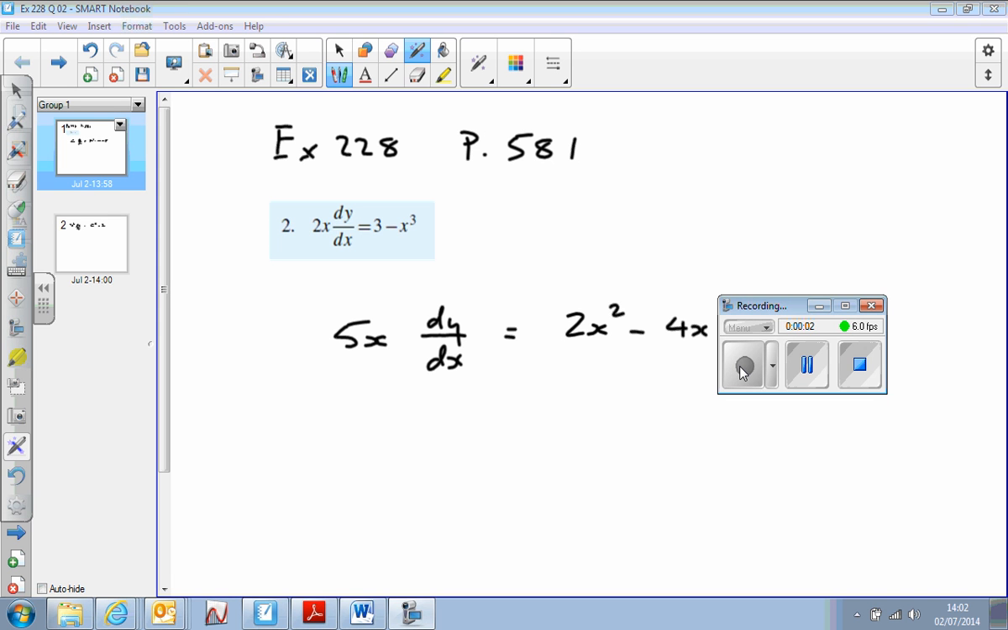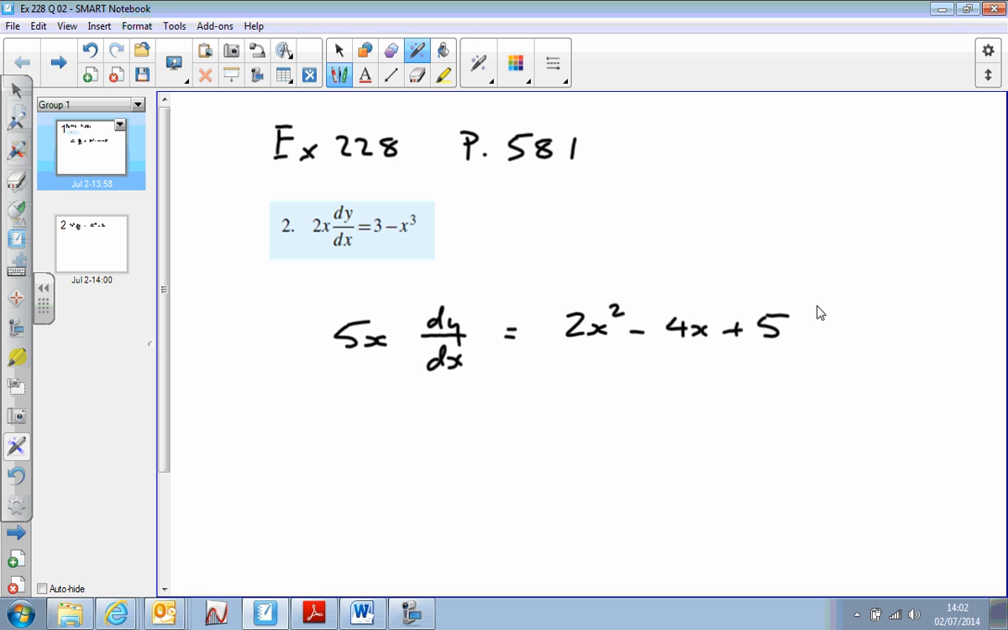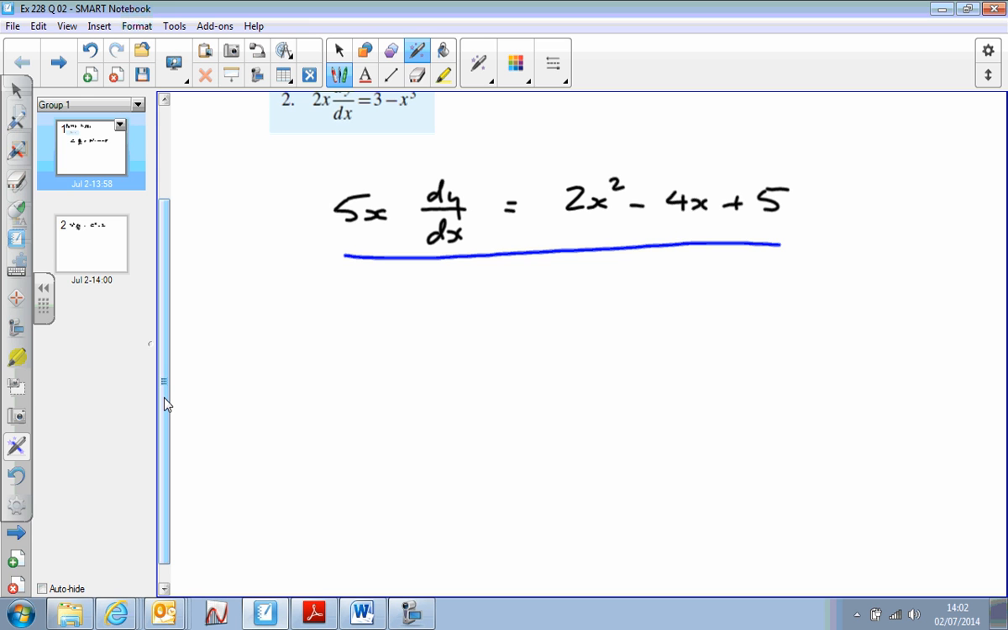Okay, in this question, question number 2, again I'm going to look at an example that's very like the one in the exercise, and you can have a go at the one in the exercise. So we'll look at this. If you look at this particular question,